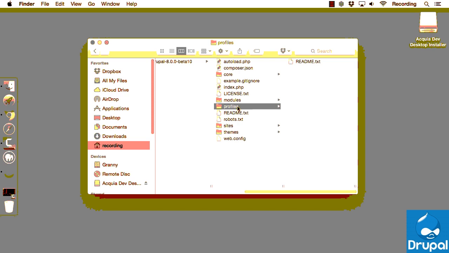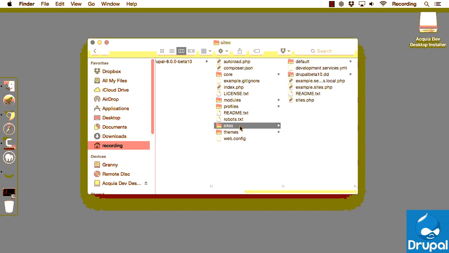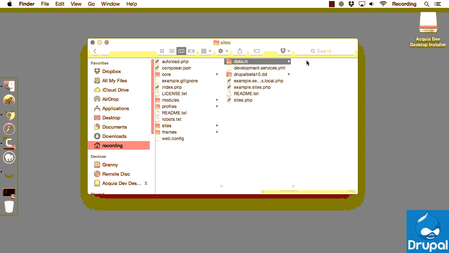lot of wonderful features. The themes directory is where you will store any contributed themes that you download from Drupal.org or any custom themes that you build yourself. And last but not least is the sites directory. This directory is crucial to your site or your sites if you're doing multi-site. If you are only running one site from your codebase, then you will primarily work with the default directory inside